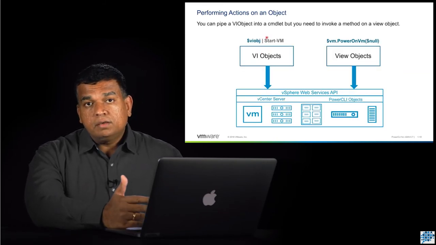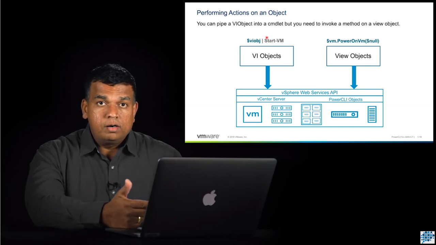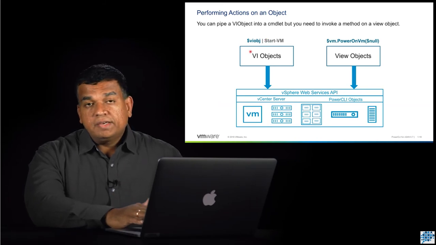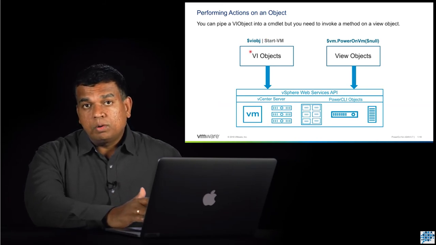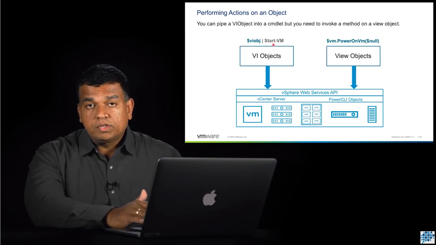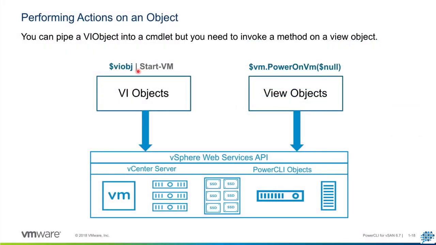Now let's suppose that you want to perform some actions on a virtual machine or any other kind of object. In the case of a VI object, which is a normal PowerCLI object which we deal with normally, we just use a command like Start-VM. So we take the VI object and pipe it into Start-VM,